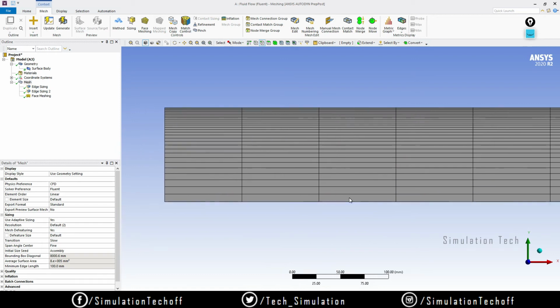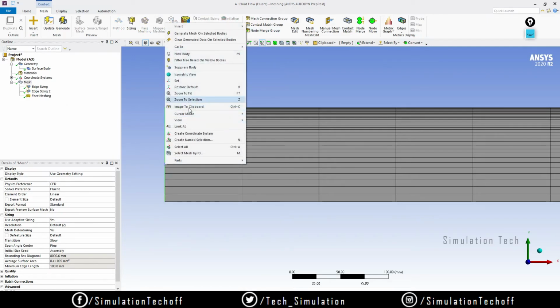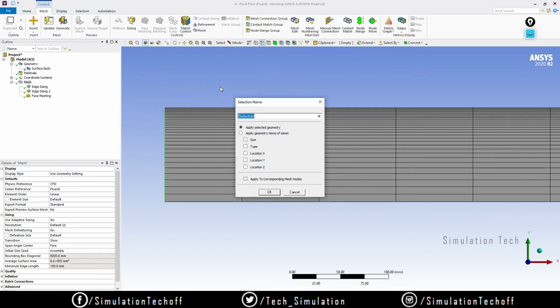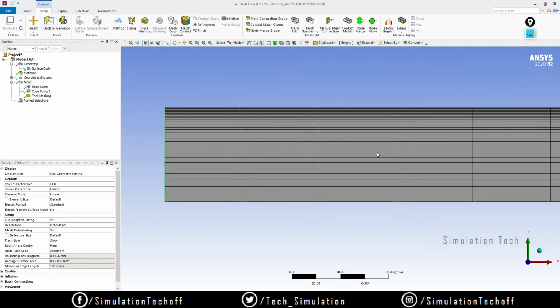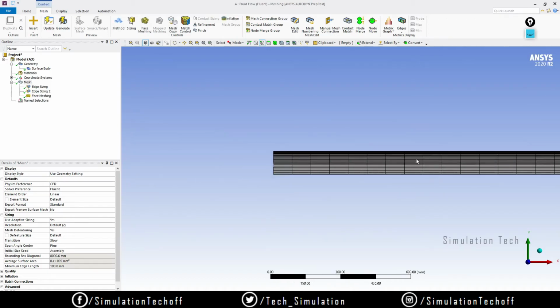The next thing is we need to assign the boundary conditions. That is very, very important. For that, you can just create a named selection. In this case, it's very, very easy. Just select this edge, make sure you are in the edge selector mode, choose this edge and right click and say create named selection. It's inlet. Click on OK, and the opposite end,